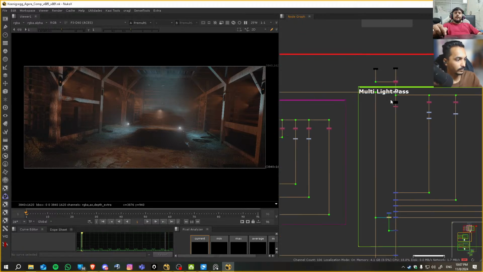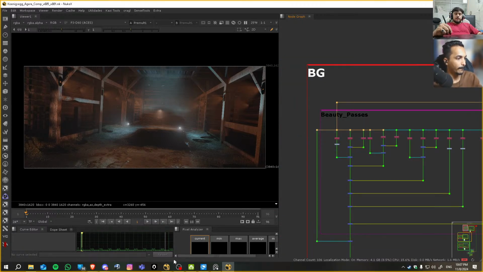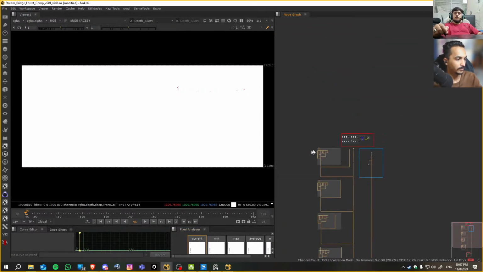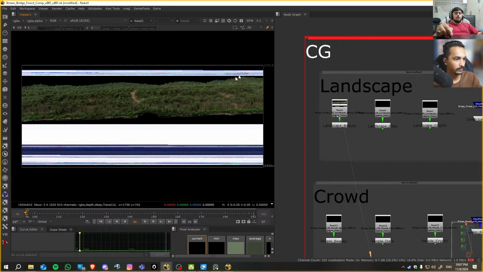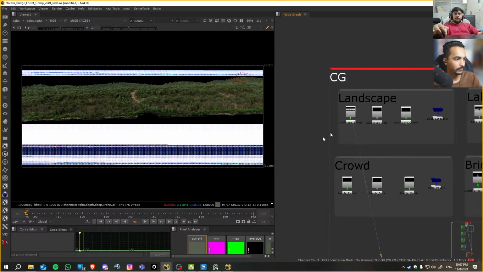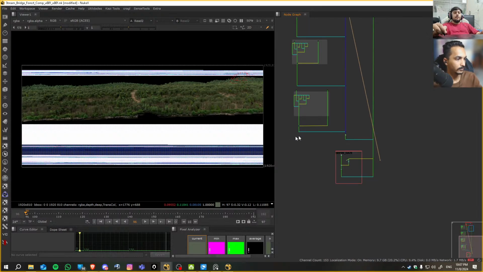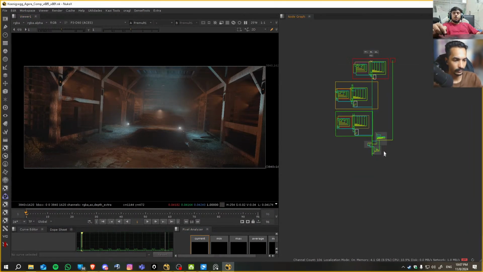For this shot we rendered both multi passes and beauty passes. For this other shot we don't require multi passes because it's a day shot and we have only sunlight, the sun, as the main source. That's the reason we didn't render multi passes here. But in this kind of shot,